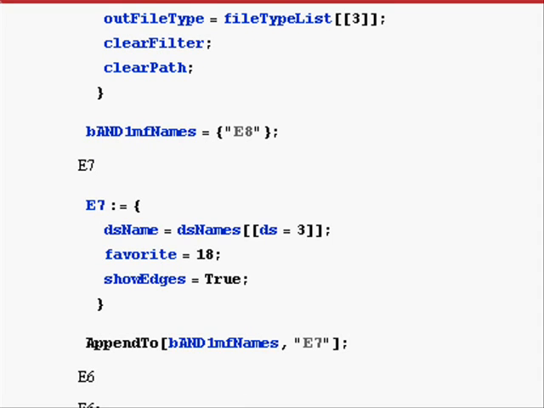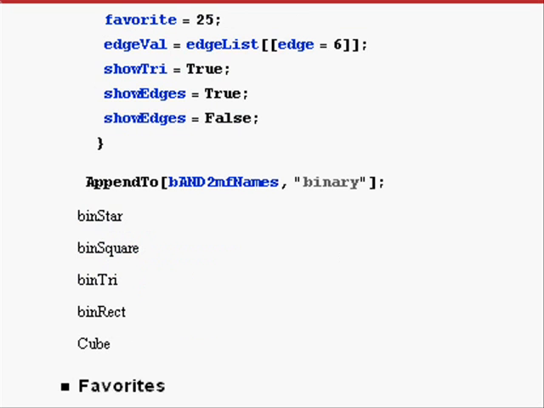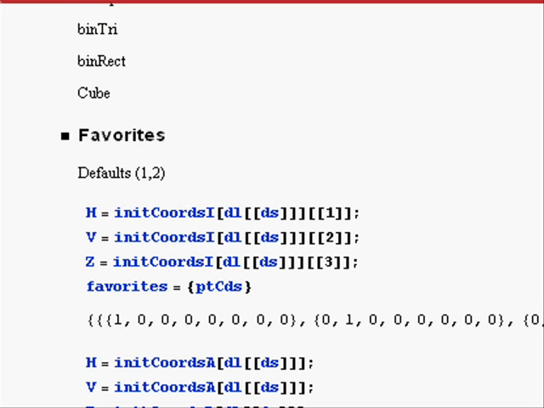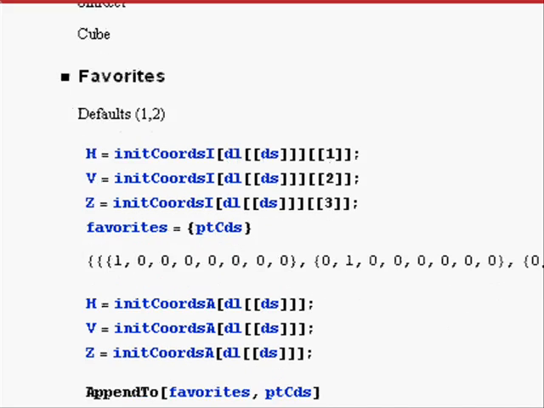So E7 is simply assigning a data set or coordinate assignment to the physics coordinates, selecting a favorite projection of number 18, and then showing the edges. Favorites, you can see, simply set the H, V, and Z for